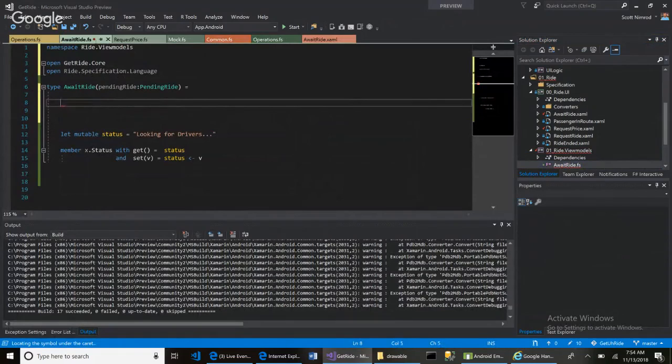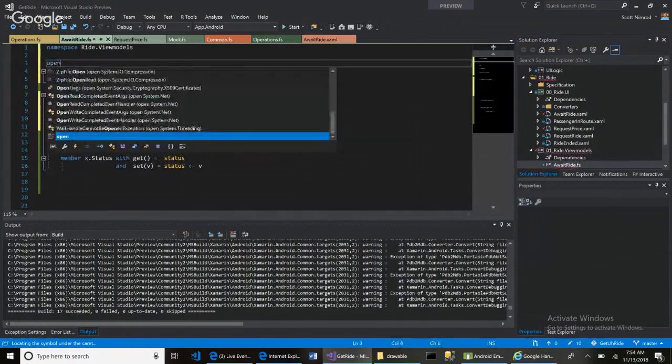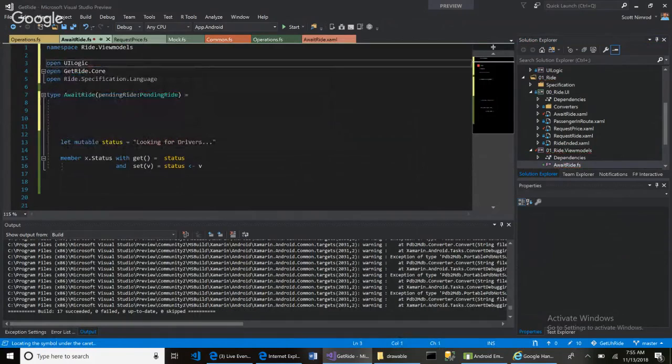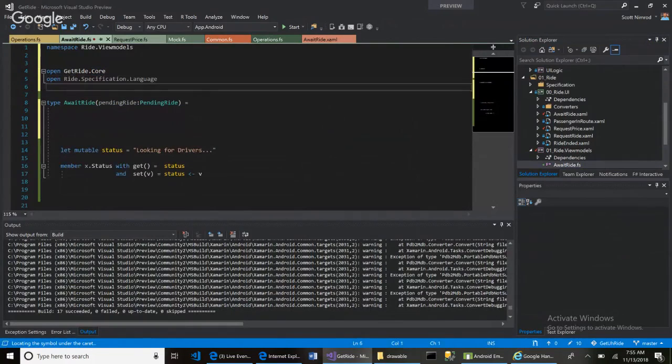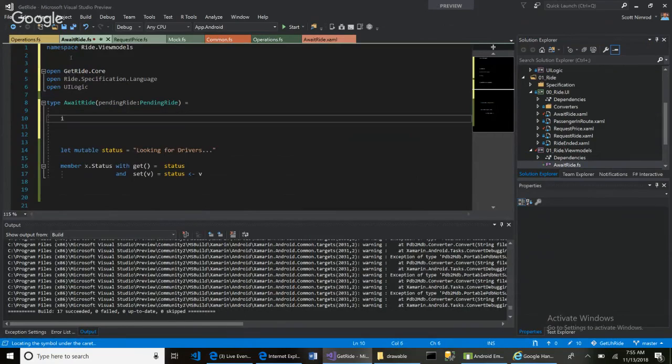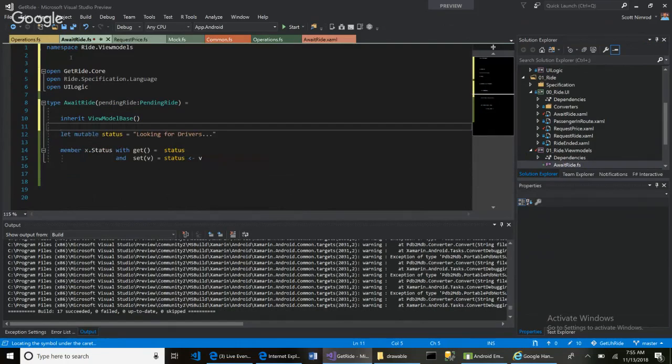Before we inherit, we have to open UI logic. Okay. And that will probably come right here. Then we can say inherit, and you can say view model base like that. Okay. And so then once you do that, then we can probably add something else in here, such as